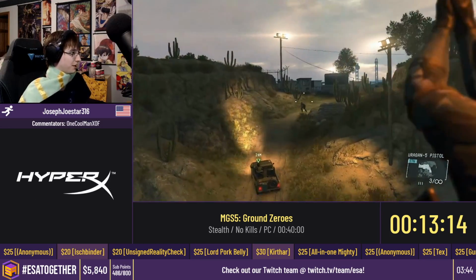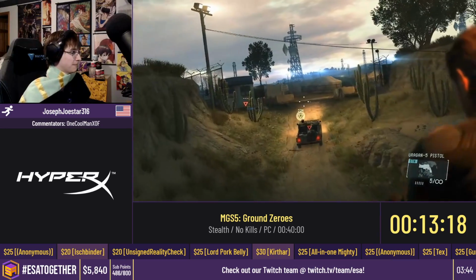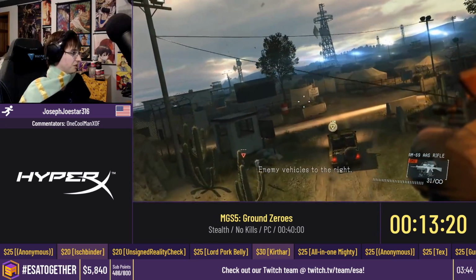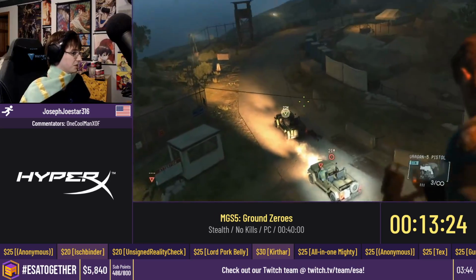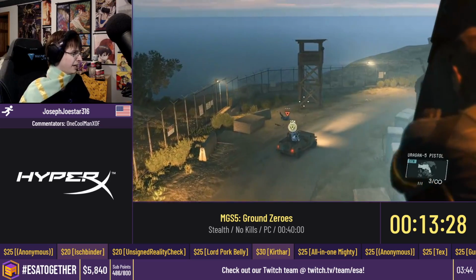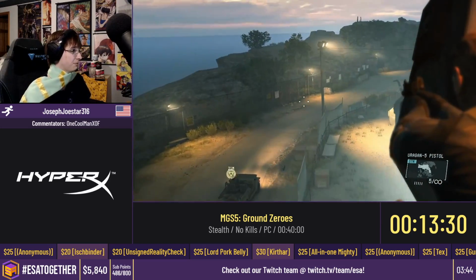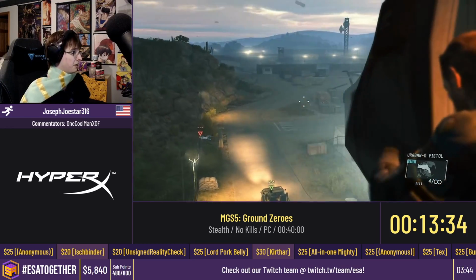So now we got to our intel operative, which we got to escort out of the base. And so again, we're just going to make use of these barrels, and then just shoot these guards as they appear. And the other important thing about this, especially in the very beginning, is that not only do you want to eliminate all the guards as quickly as possible,